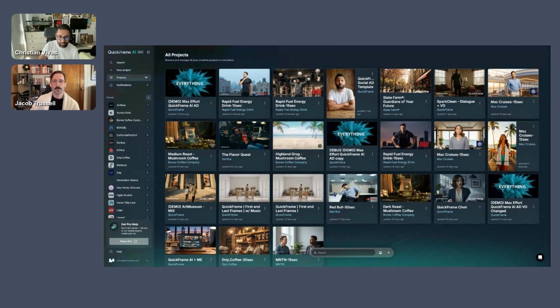Well, thank you so much, Chris, for walking us through QuickFrame AI. It does some truly amazing things. And I feel like, as you mentioned here, the platform is evolving all the time with new features that will make QuickFrame AI even more powerful for years to come. And for everyone watching, I really hope that this little live demo has given everyone some inspiration for what you might want to do once you start playing around in the platform.